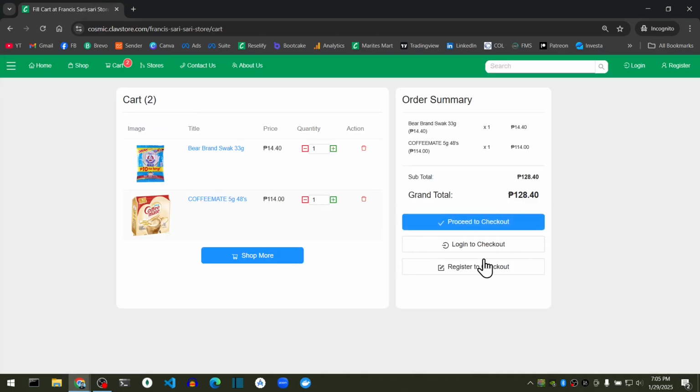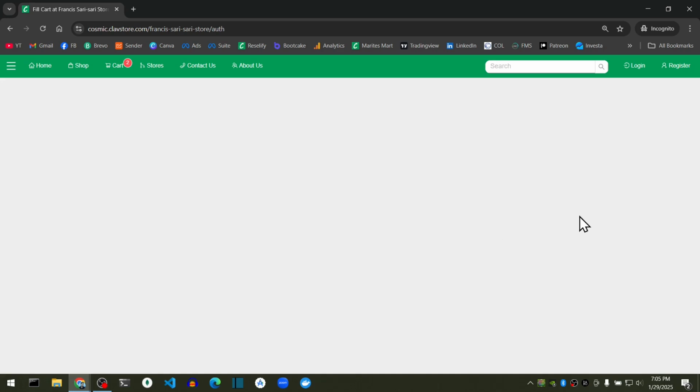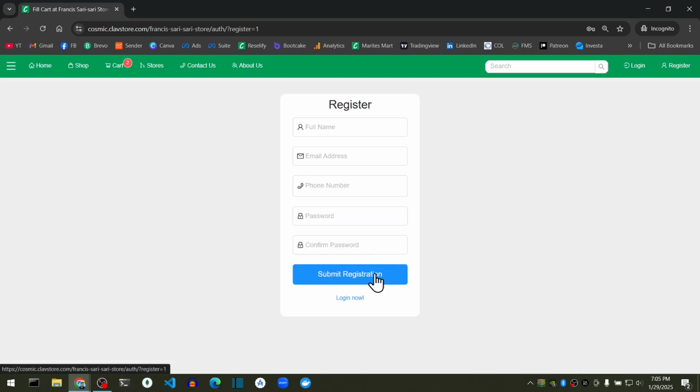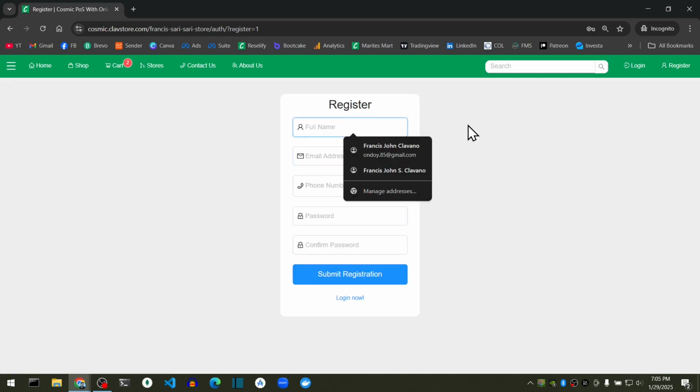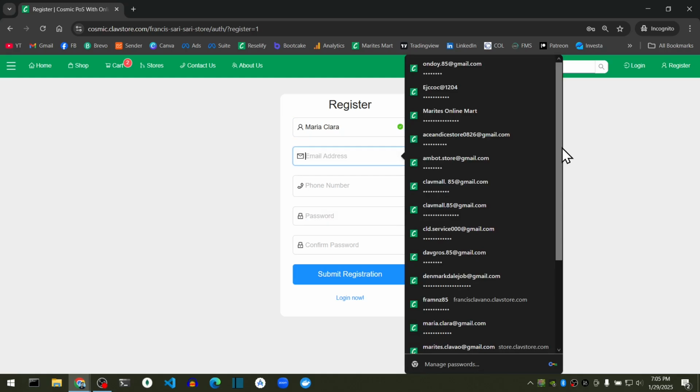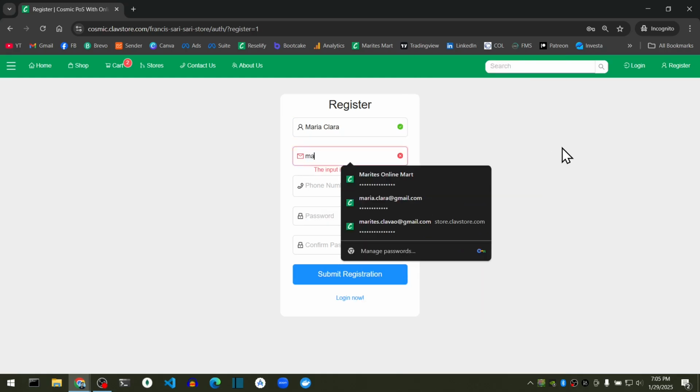And if he's going to register to proceed to checkout, he or she is going to click this one. He will be asked for a login account. If he doesn't have a login account, then he may register an account here. And then, shall we say my name is Maria, Maria Clara. Tapos yung email address ko as customer is